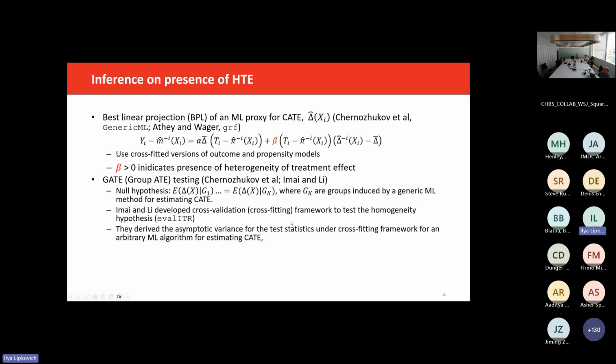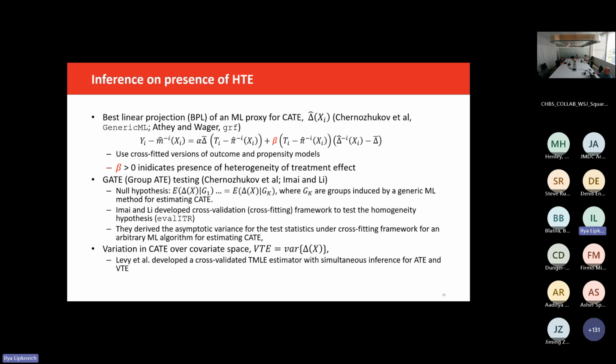They derived asymptotic variance for the test statistic under cross-fitting framework, which is nice, and it's assuming treatments are randomized, so it doesn't assume that you have an observational, a non-randomized trial.